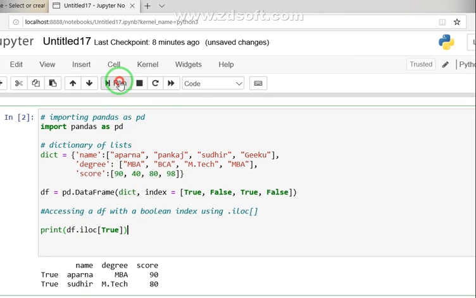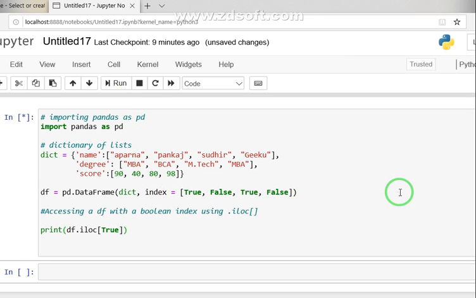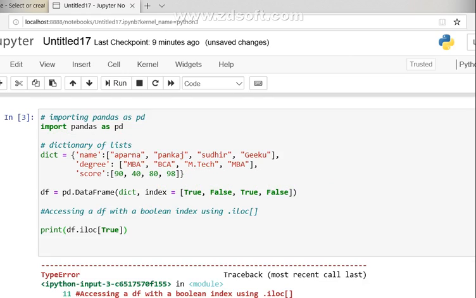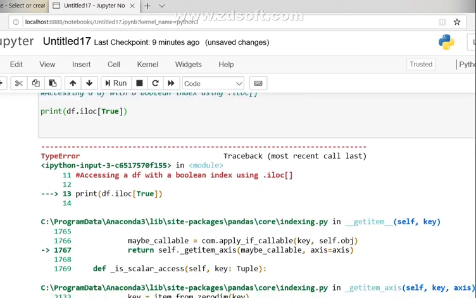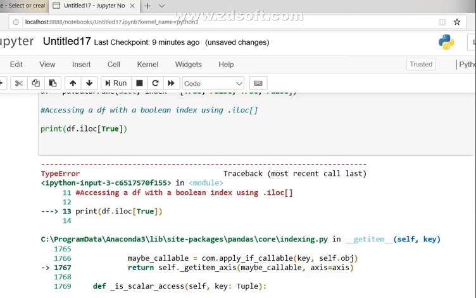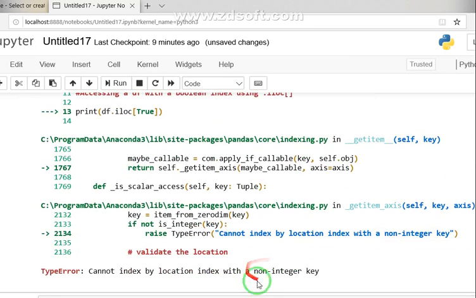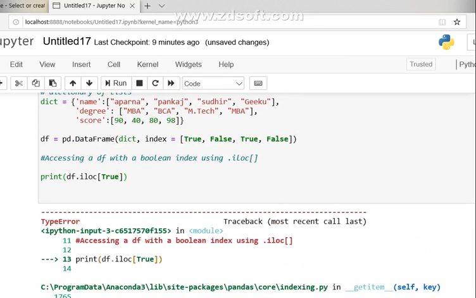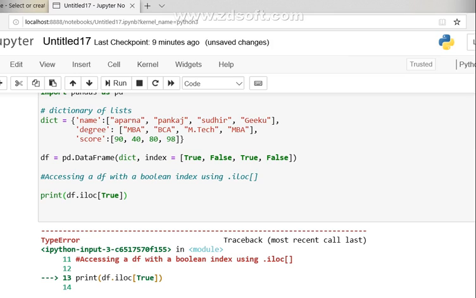When I run this, you see the error: cannot index by location index with a non-integer key. We supplied a non-integer key, because iloc takes an integer value, so we have to supply an integer value only.